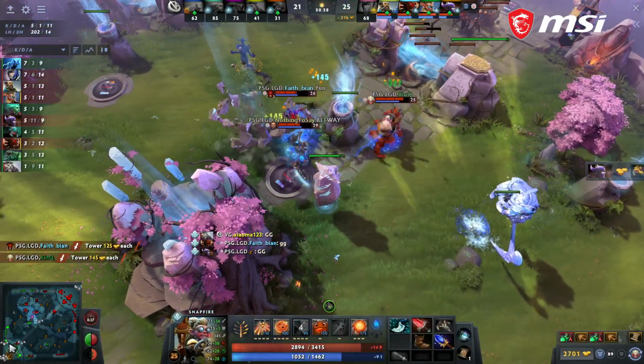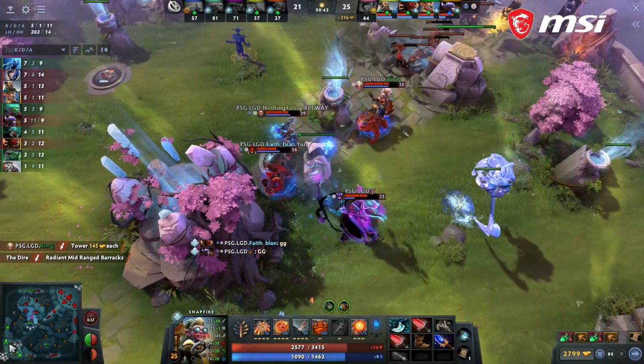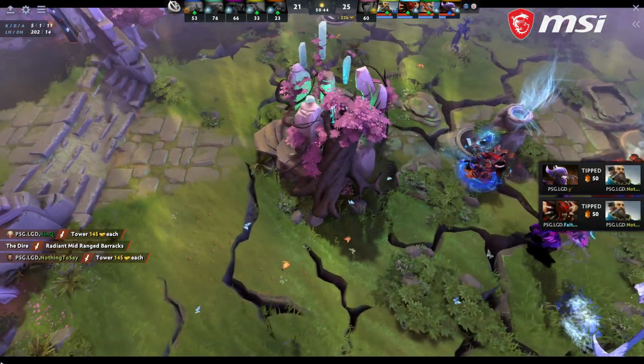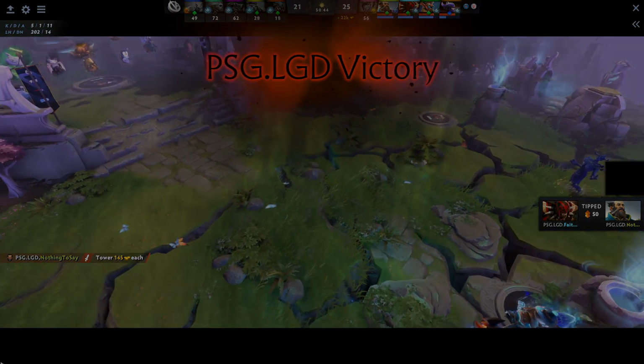There's the GG. LGD do it on the back of 4 diebacks at Roshan. That was an absolutely insane team fight. Just BC, they played this game so well, so many defensive items, such good coordination, always being like heads up about